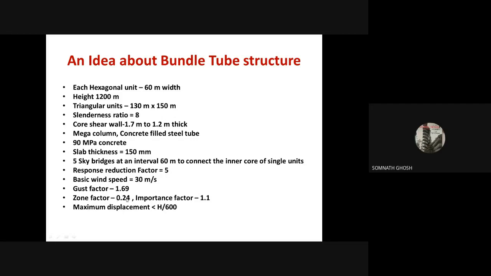Zone factor for seismic is 0.24. Importance factor 1.1. And when they analyzed it, they have not constructed, they have analyzed it. Then the maximum displacement is found within h by 600. So what I'm saying is that the bundle tube can be used